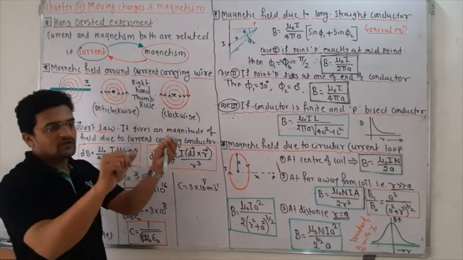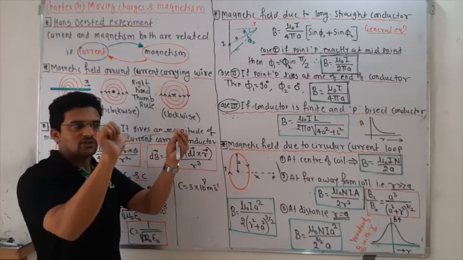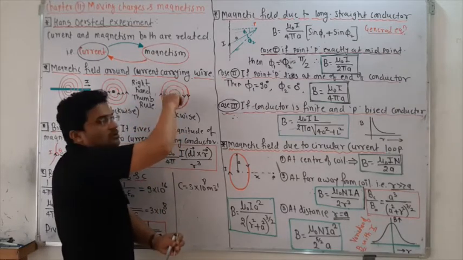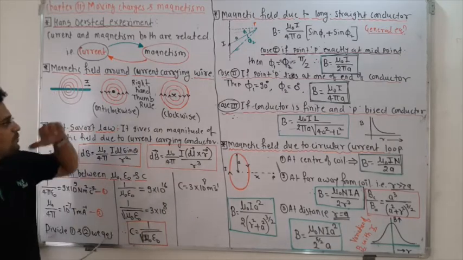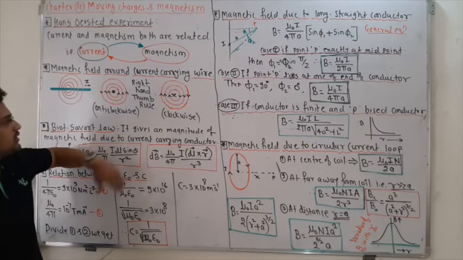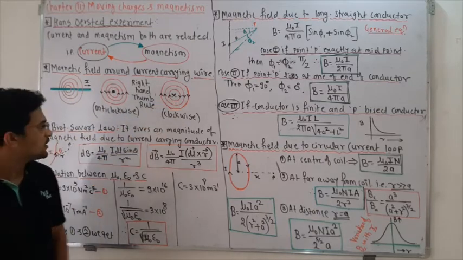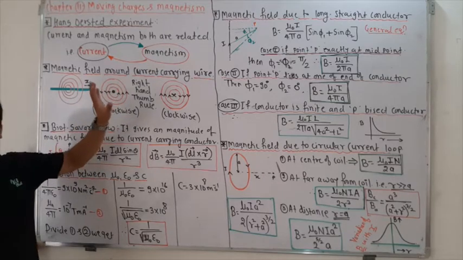Okay, next, if the current is moving into the board, then point your thumb in this direction and curl the remaining fingers, and that will show you the clockwise direction. Okay, it will be the clockwise direction. So this is how you get to know in which direction the current is flowing. Dot means outside of the board, the cross means inside the board. Okay, this can be applicable for the magnetic field as well as the electric field also.